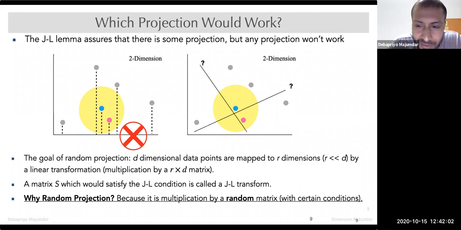Now, one question you might think of asking: why do we call this a random projection? Because we will see a few examples of such matrix S, and they are essentially generated randomly, but with certain conditions. So with certain restrictions, they are actually random matrices. You can say they are generated randomly from a certain distribution. So that's why they are random projections. Okay, any question as of now? Obviously, we haven't seen the concrete matrices, but other than that, any question as of now?